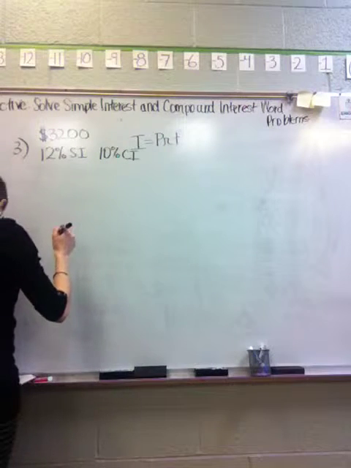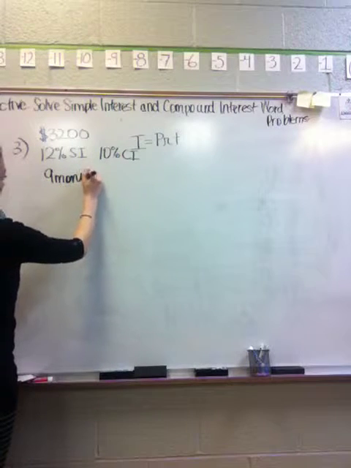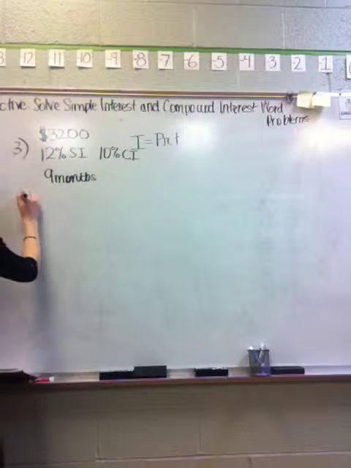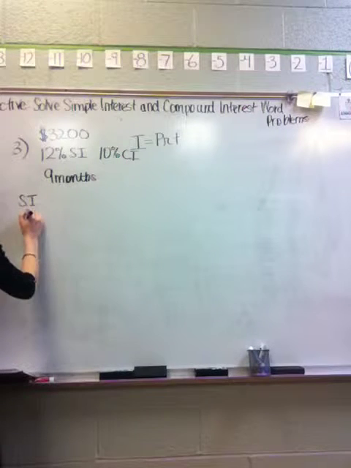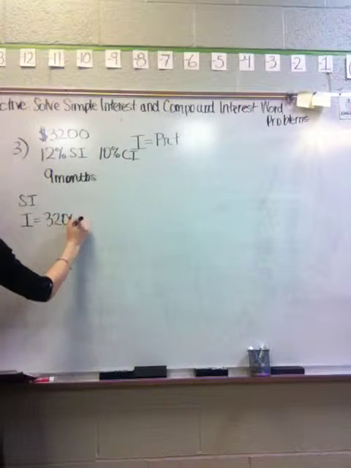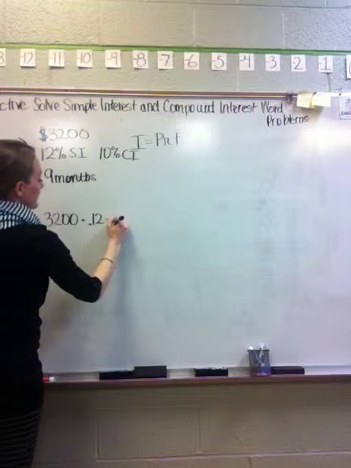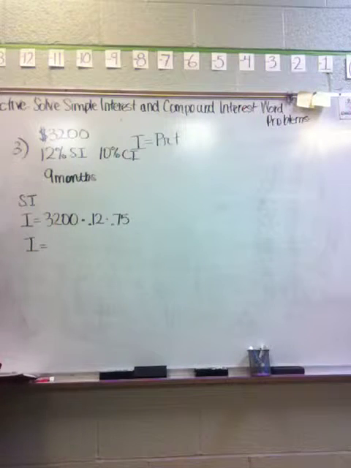Okay, I have 9 months. We have to do this in terms of a year. Are we okay there? So in terms of a year, for simple interest, how long is 9 months? 3/4. 0.75. 0.75 or 3/4. So my interest is equal to my principal amount times my simple interest percent, which is 0.12, times 0.75. So my interest is equal to,